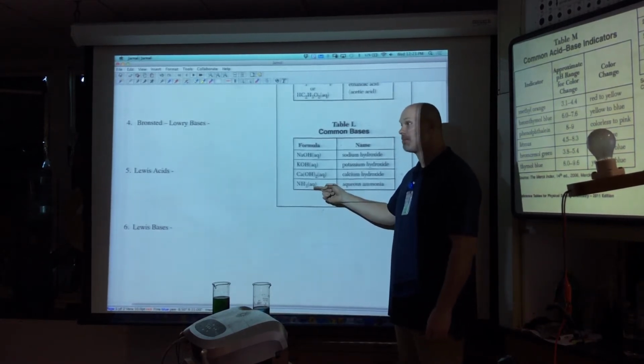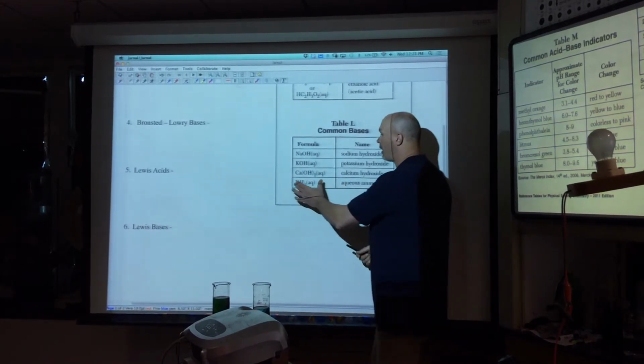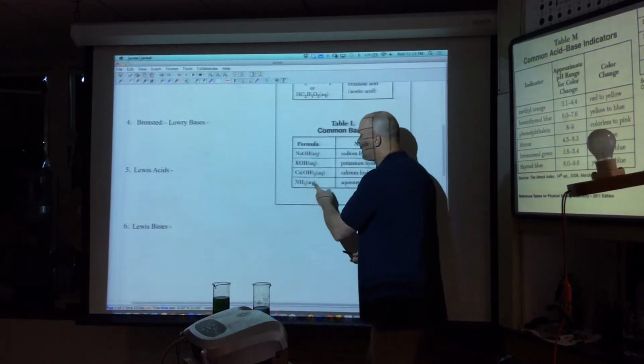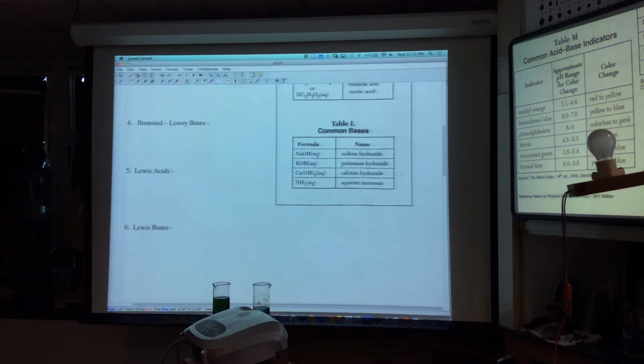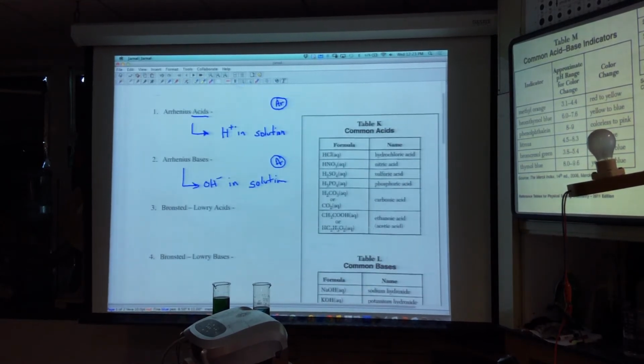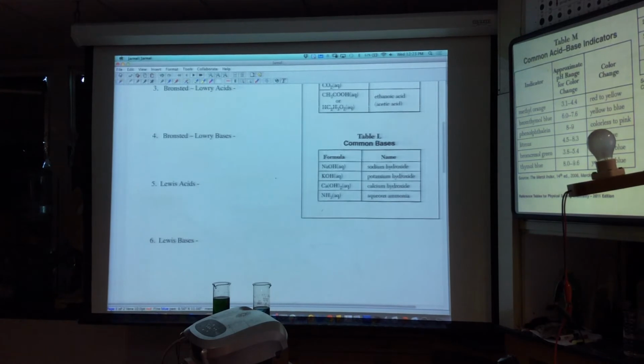But we know ammonia makes solutions basic. So you can clearly see that, although a nice definition, it doesn't fit all chemicals. So here ammonia is not an Arrhenius base. Now, what does ammonia do? Well, as I said yesterday, let's think about this for a second. Ammonia is basic, and I'll do this one more time. Here's ammonia. It's got a lone pair with water. What does it do? Well, that lone pair on the end can pull an H away from the water, an H plus. So this guy can accept